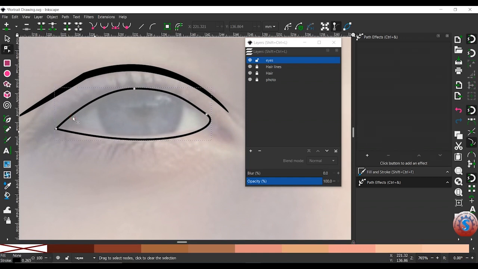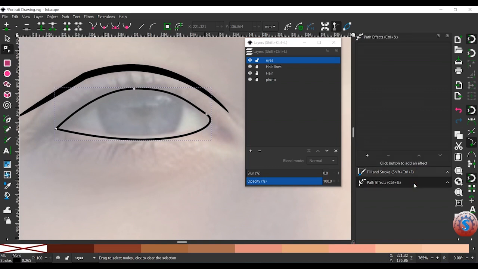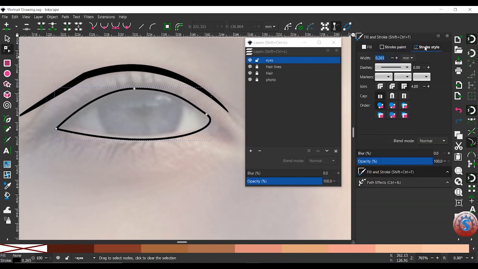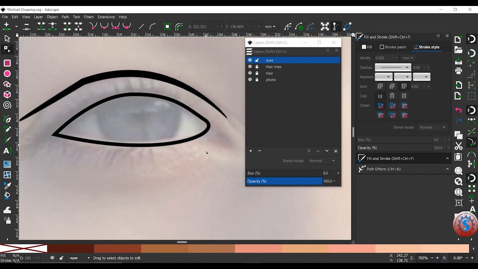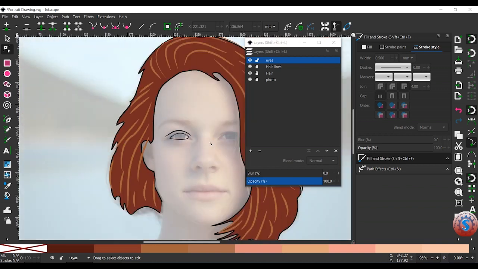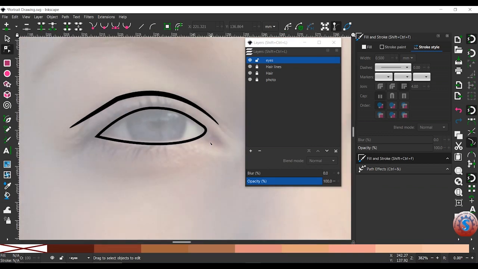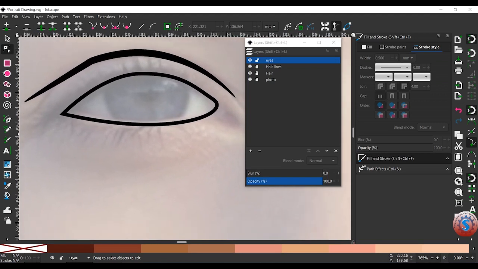It is looking good. You can observe the fill and stroke and the path effects. I'm going to the fill and stroke and giving the opacity the same 100%, no change of opacity. This is the stroke style. I'm giving the stroke style from 0.265 to 0.5, and it's somewhat good. You can observe by zooming in and out the thickness values, how it is looking. With 0.5, using the plus and minus keys to zoom in and out, the stroke paint and the fill and stroke style are created.